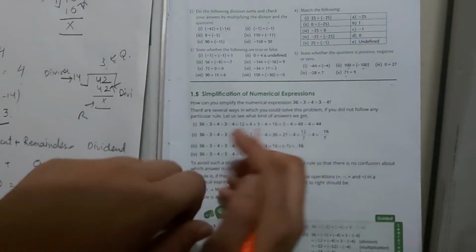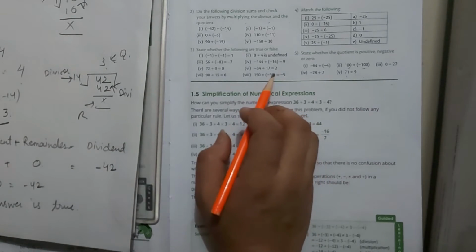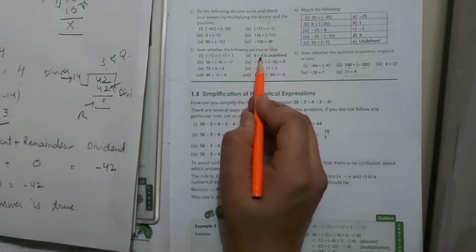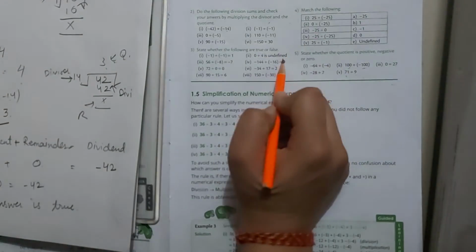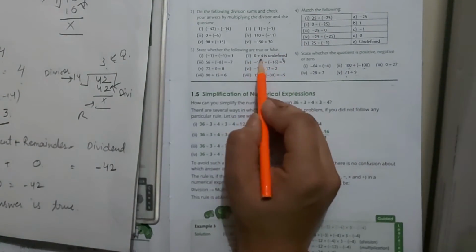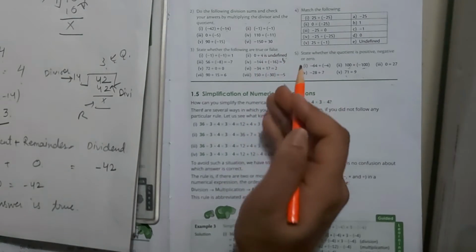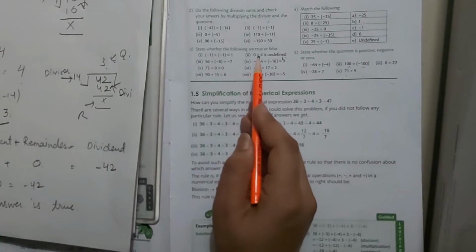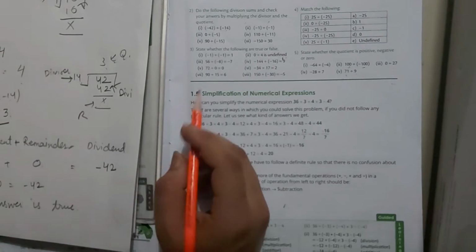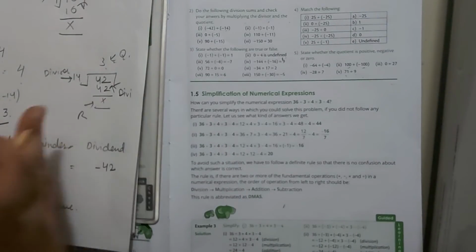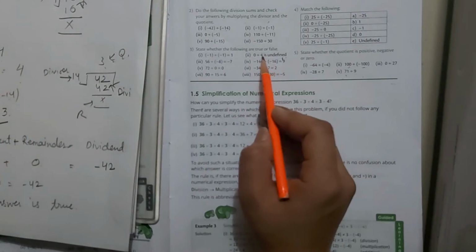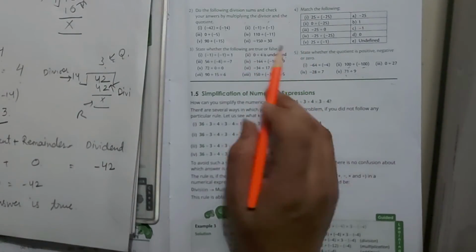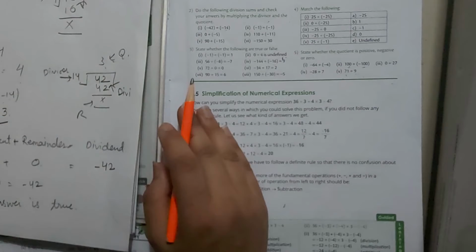Similarly, the other questions are the same. This question is also similar to this question. In the second question, 0 divided by 4 is undefined? No. 0 divided by any number is 0 itself. This is one of the properties of division of integers. You have read this property in the properties given in the introduction part. So whenever we divide 0 by any number, the answer is always 0. It is not undefined, it is defined and it is 0.